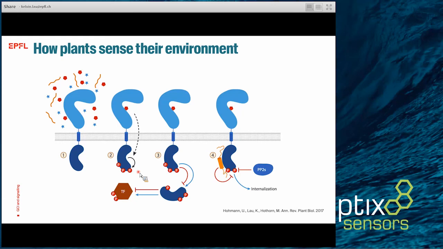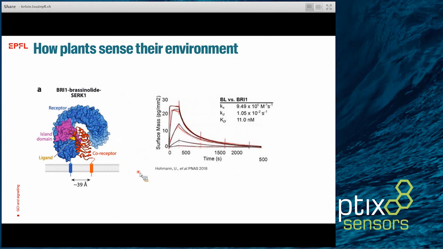You can imagine the same way in eukaryotic systems in mammals. In plants, in addition, signaling typically requires a co-receptor, shown here. So the canonical system that a lot of researchers have been studying for a long time was BRI1, the brassinolide LRR receptor, which binds to its co-receptor SERK1. And its ligand is a very, very small hydrophobic molecule called brassinolide, which binds in this very small binding pocket. And when we first tested the Creoptix WAVE, this was pretty much the data that Ulrich wanted to see,